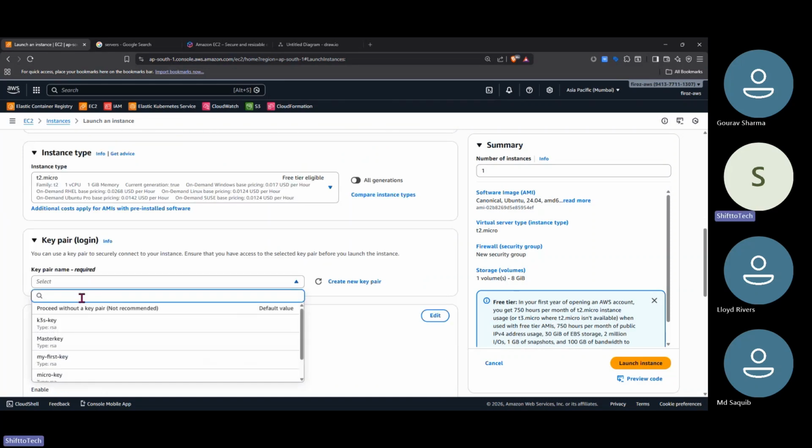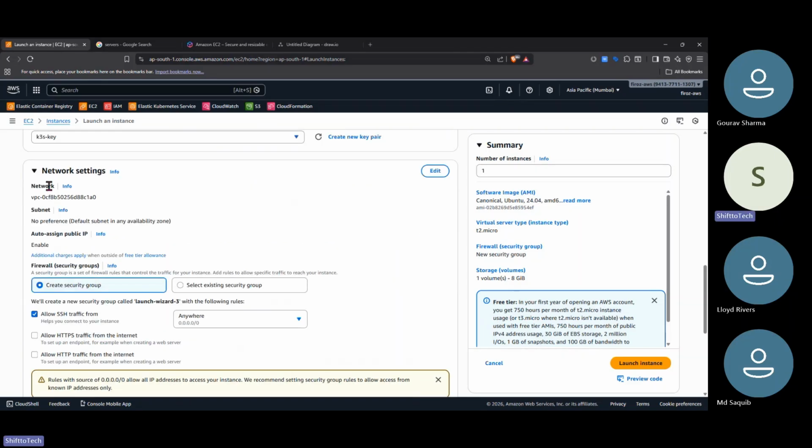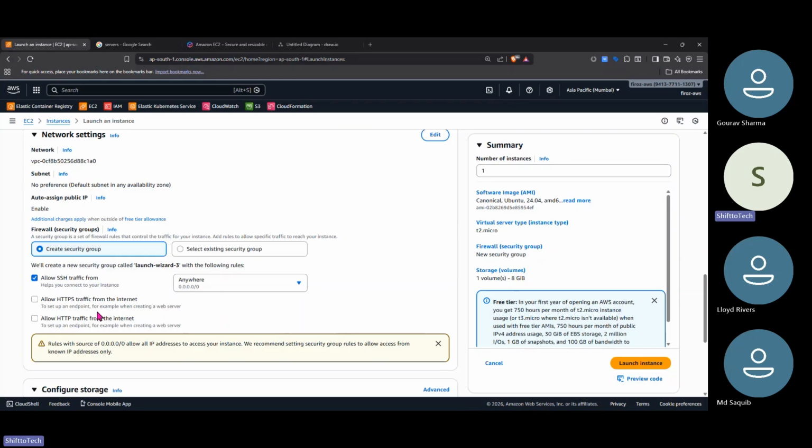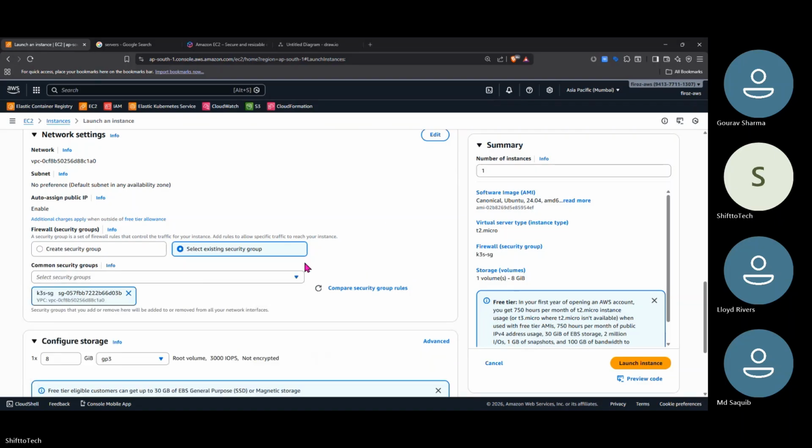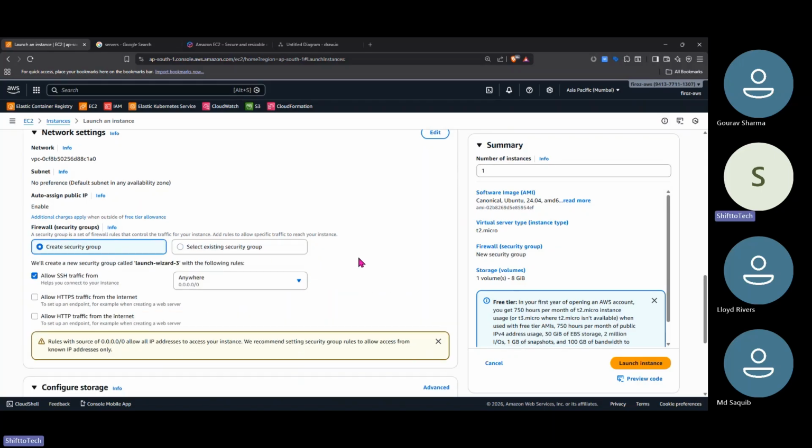This is the key pair for login purposes. You can select any key. These are the networks. We will be discussing networking in this class as well, so for now I am keeping this aside. Create a security group.